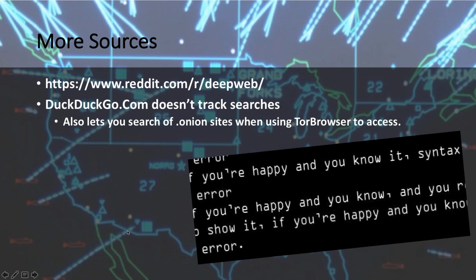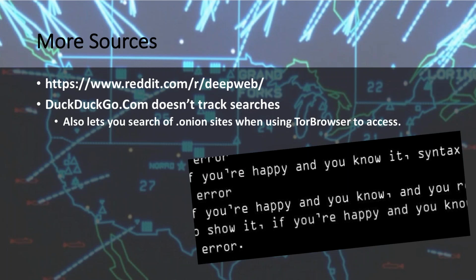There's a whole bunch of other resources you can look at and go to. If you wanted to navigate the deep web and play more with it, there's a really great Reddit thread, and they actually built a wiki around it on how to get started, the tips and tricks. Here's the websites to use. Here's kind of a general list of locations to check out.